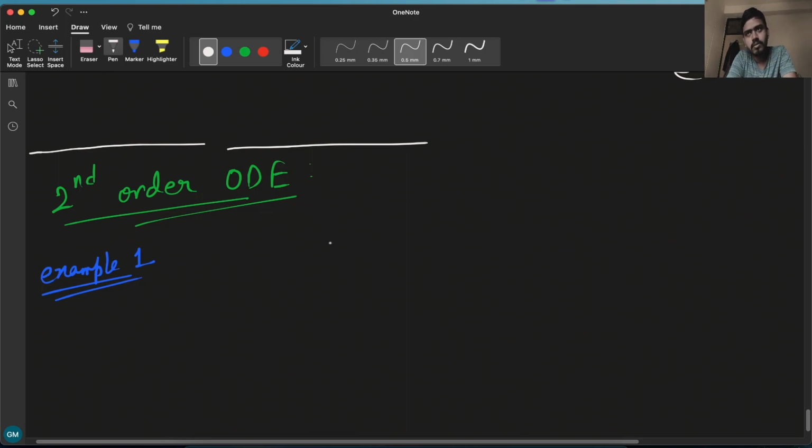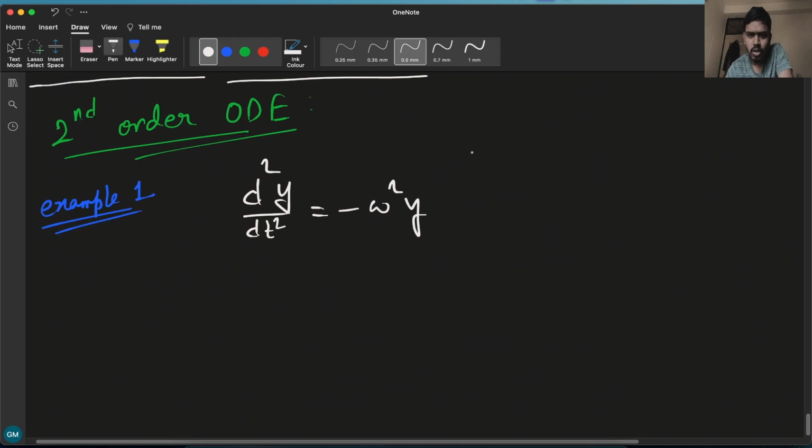Let's take the equation of simple harmonic motion, that is d2y/dt2 equals minus omega square y,